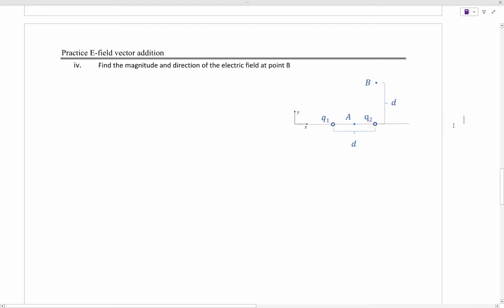Okay, we need to find now the magnitude and direction of the E field at B. So before, we found it at A already, and now we're interested in what's happening here. And what is that going to look like? Well,